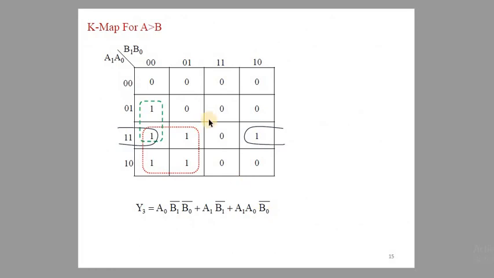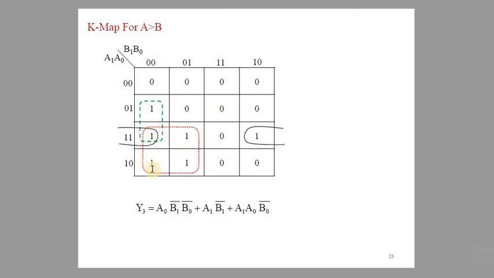How to make the grouping? If suppose this is the first group of 2 bits, for 2 adjacent bits grouping is possible. For 4 bits, if these are adjacent, grouping is possible. When we consider these 3, grouping is not possible for the 3. Okay, for 2 bits these are considered adjacent to each other. Okay, this is the third group. Then the value of the first group, when we see here, is A0 B1 bar B0 bar.